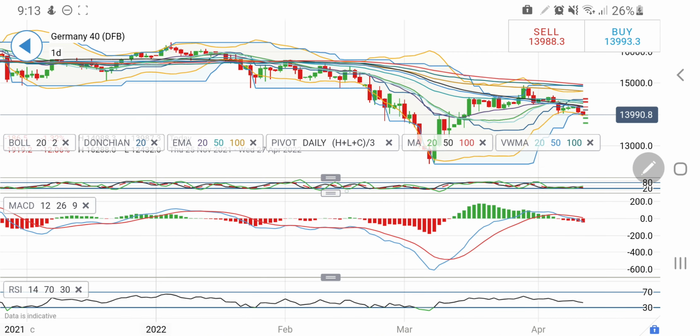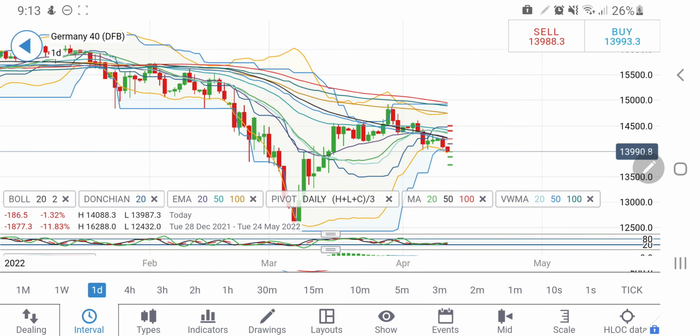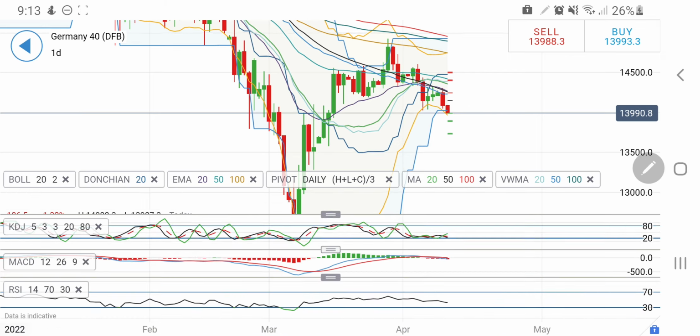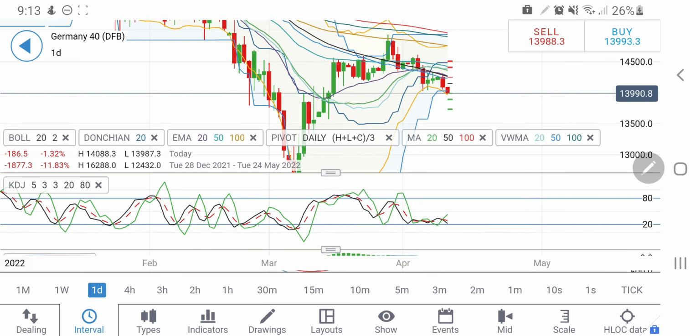But let's have a look once again on the daily charts as well. On the daily charts, as we saw here, see this support at 13,980 I'll be watchful of. This is a stronger support for Germany 40. If it breaks this support, we may expect it to come back towards 13,900, 13,800, and then below that we may see a sharper correction on Germany 40, where you can expect it to drop towards 13,500 in the coming session. So I'll be watchful there.